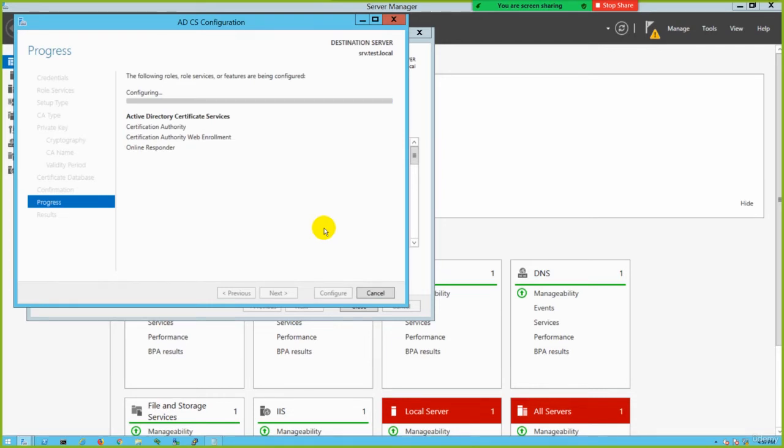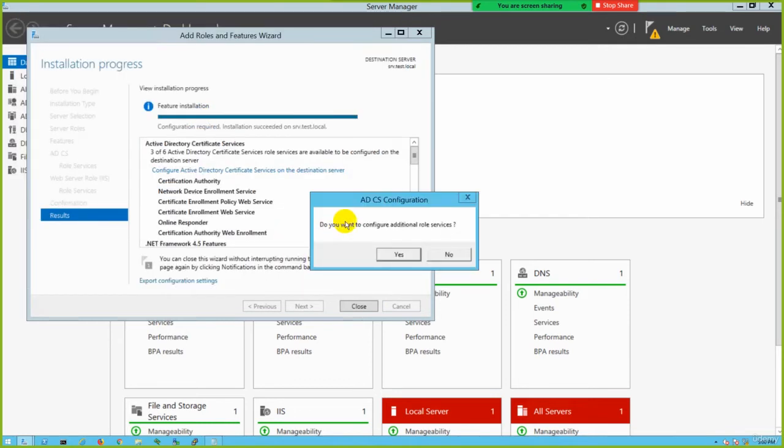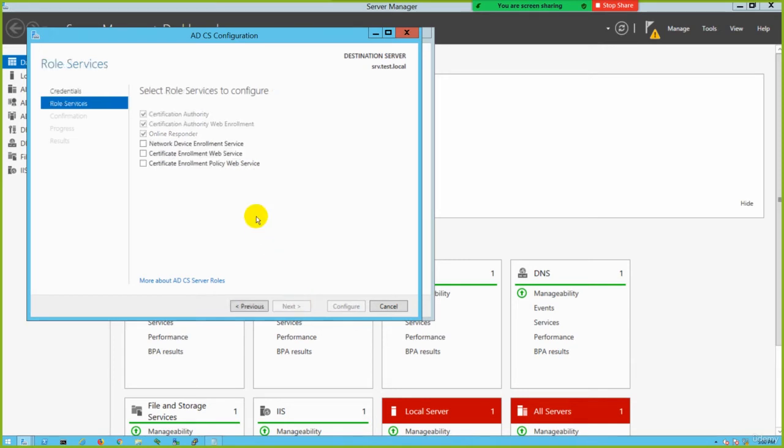Okay, and now let's see. So these 3 services are installed. Okay, and when you close, it will give you this: do you want to configure additional role services? So yes, because 3 are left. Click yes. And now again, administrator, click next and choose the last 3